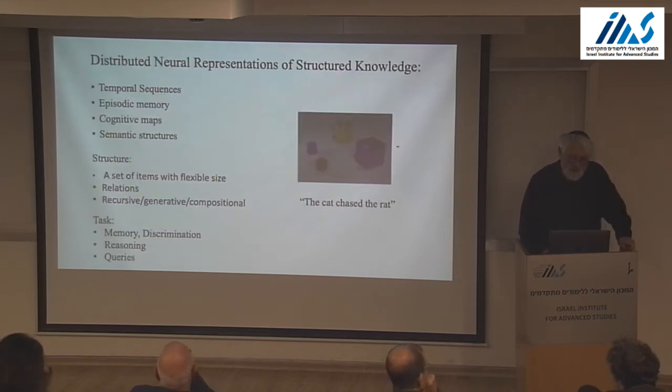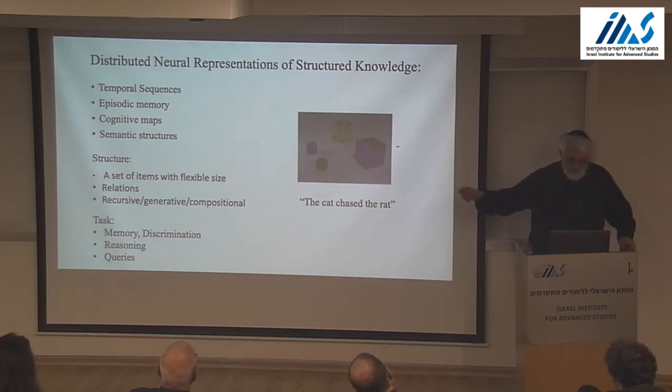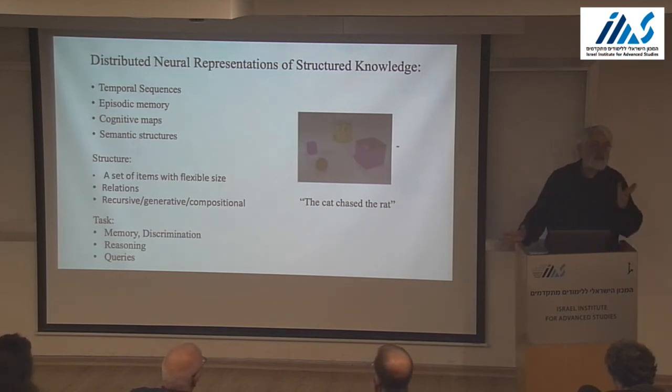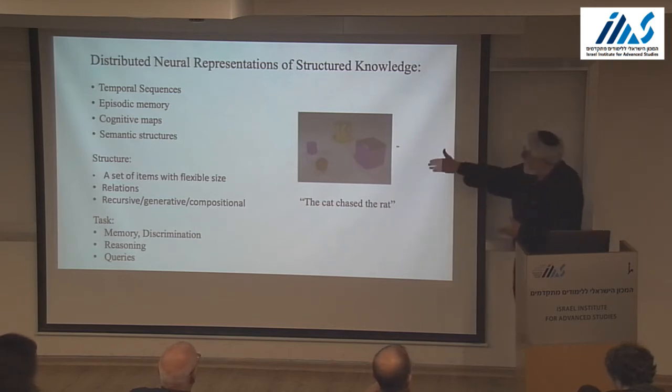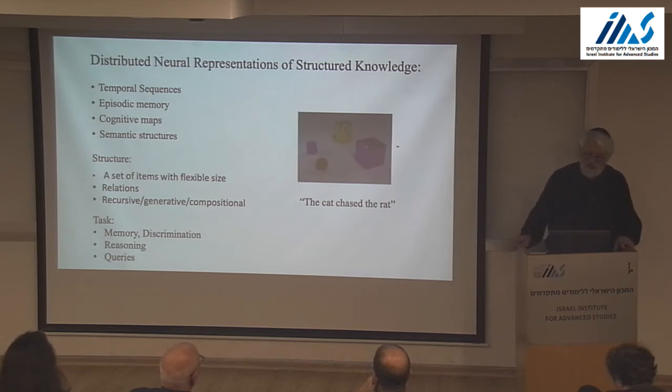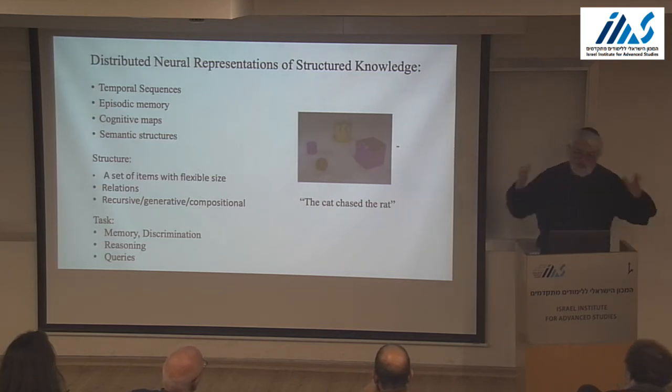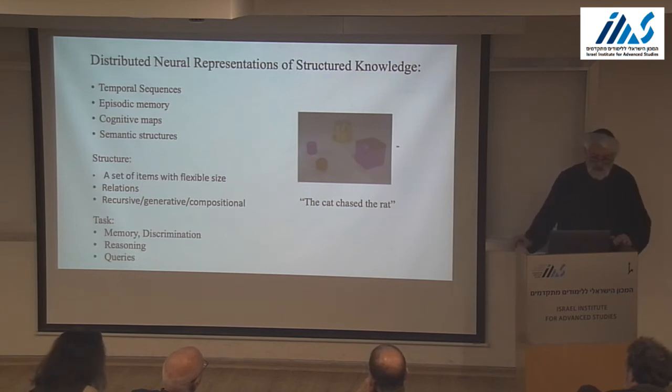What about higher level data structures? For instance, temporal sequences or episodic memory or cognitive maps. So here's an example of a spatial cognitive map. There is a lot of neuroscience and cognitive science about space representation. Populations of neurons respond to a particular location of the animal in space. But cognitive maps are more than that, they are associations between different objects and positions in space. And animals and humans have no hard time forming these associations in multiple environments and so forth. Episodic memory is again a collection of associations between different items, temporal sequences, temporal associations, language, sentences,